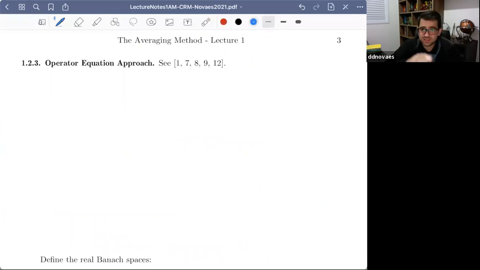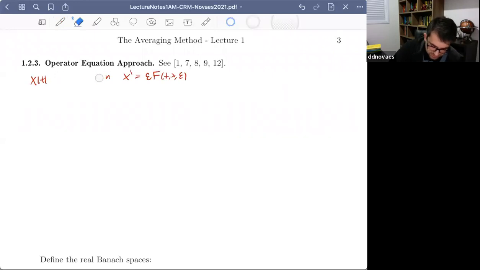The basic idea of this approach is to use the integral characterization for solutions of differential equations. So let me set it better: x, a continuous function from 0 to T into R^n, is a solution of x prime equals epsilon f(t, x, epsilon)